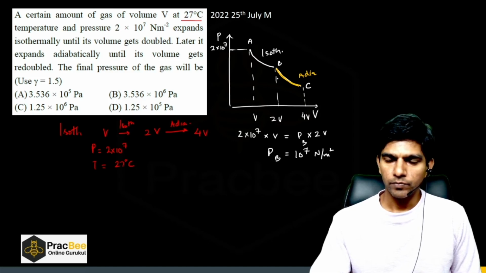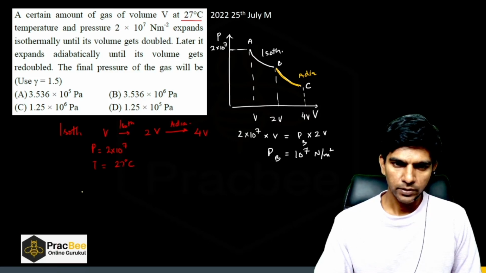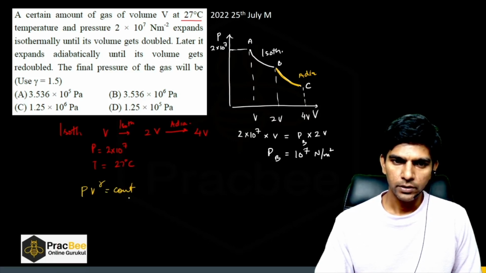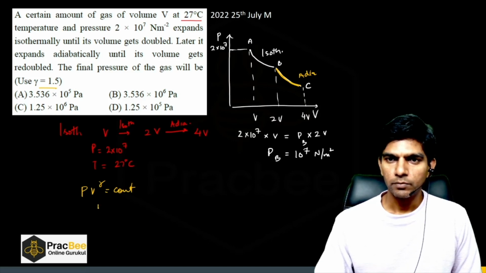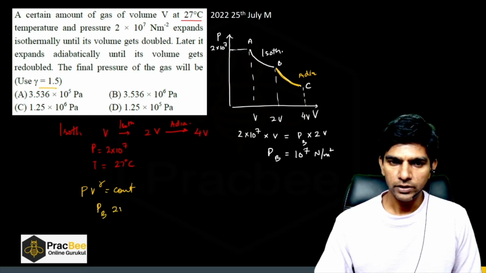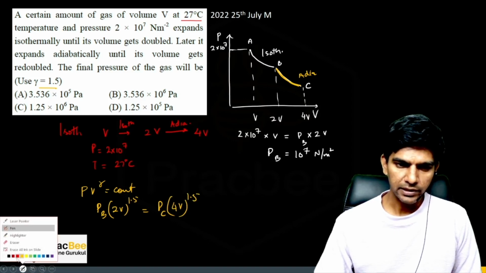Since from B to C we have an adiabatic process, we know that PV raised to power gamma is constant, and gamma value is given as 1.5 in the question. So we can say PB (2V) raised to power 1.5 equals PC (4V) raised to power 1.5. Now this V will get eliminated,